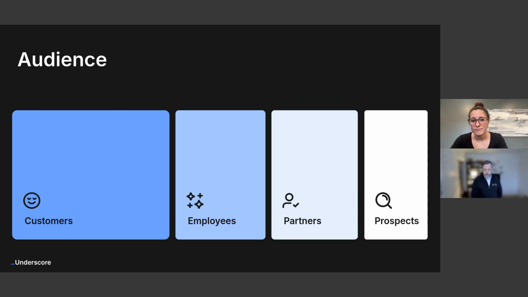So understanding early on when you're building an education program what the distinct learner personas are that I am expecting to engage with this program, and then tailoring your educational materials and your modes and your methods and your delivery to meet those unique needs, whether those are your customers or your partners or your employees, at different stages of those learners' life cycle. So how you treat new customers or new employees may be different than how you educate existing customers or existing partners on the exact same topic,